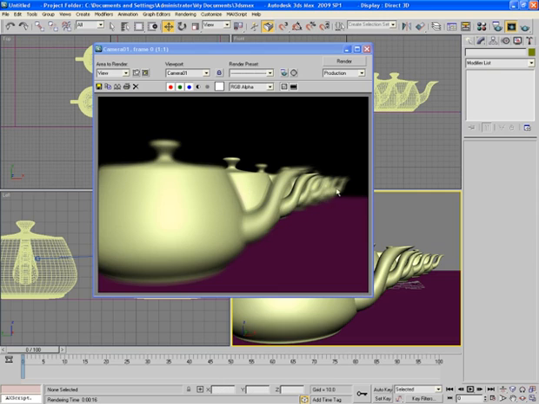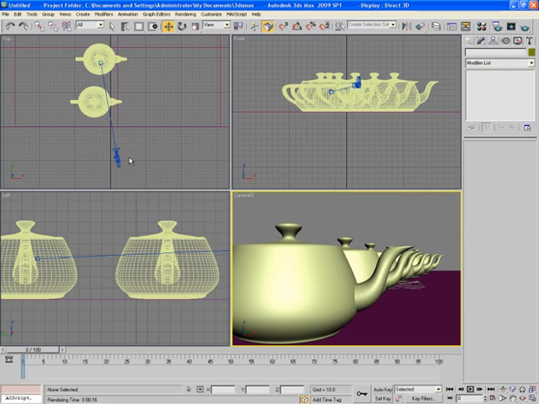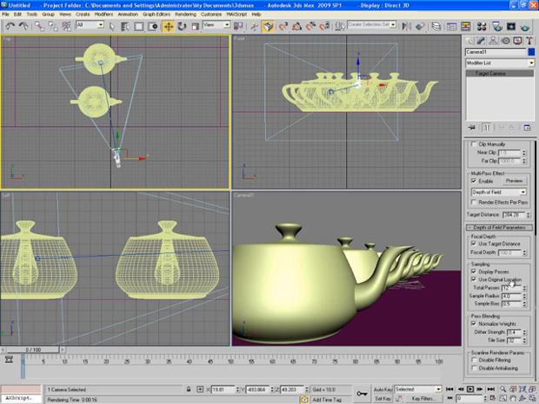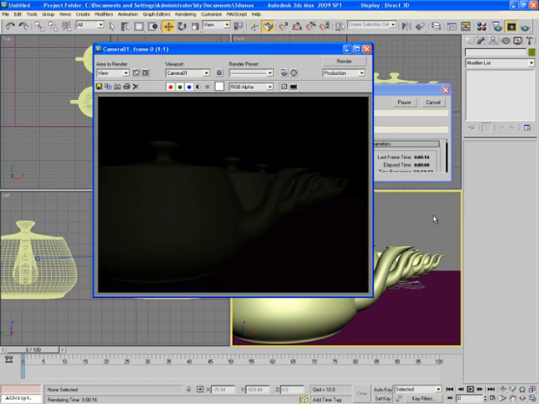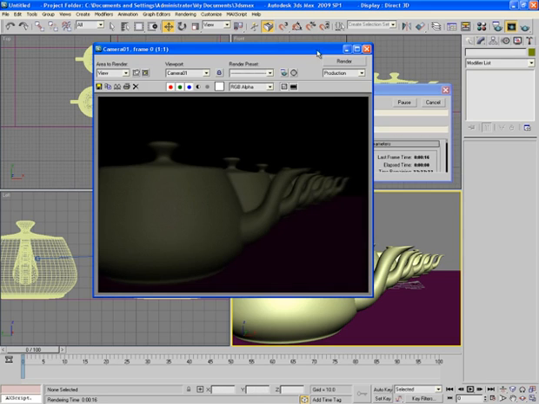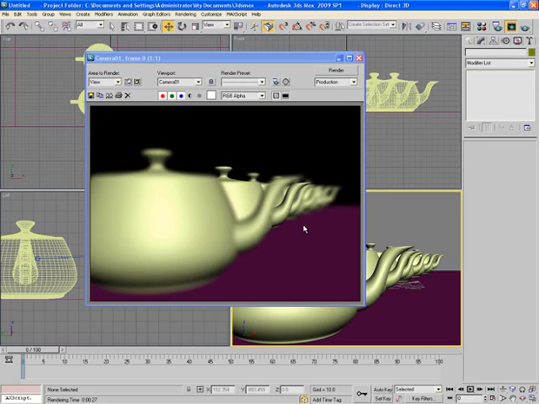You can increase the quality, like total passes are 12 right now, so you can increase it to maybe 20. And now if you render this again, it will take now some more time because it will render now 20 passes, and it makes the quality a bit better. So now this is much better.